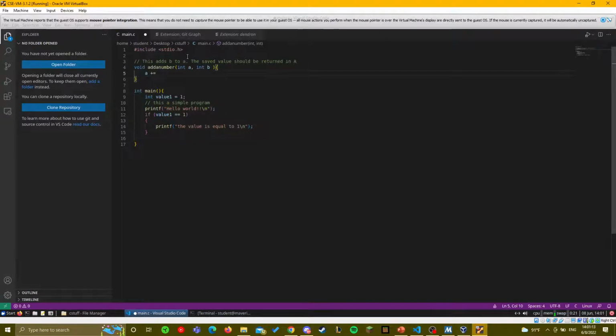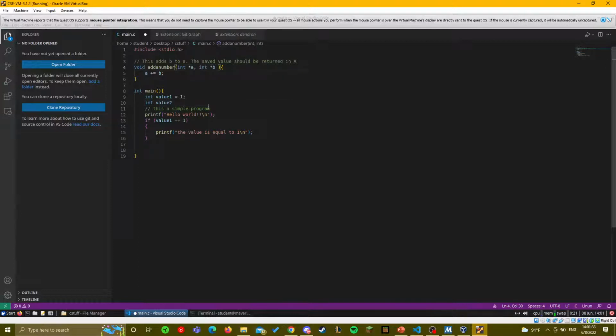A plus equals B, right? And then let's say we have another value here. Also, this needs to be passed.